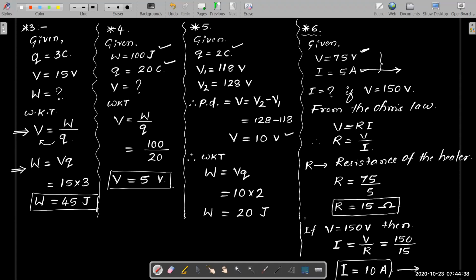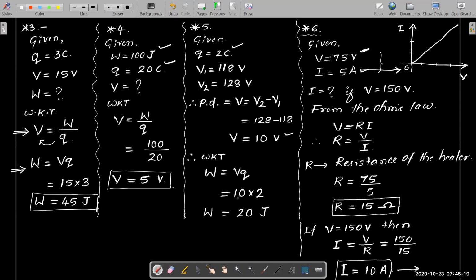That's why we say that current and voltage are directly proportional to each other. If we increase the potential difference, the current also increases in the same way. Hence, we get a linear graph when we draw the VI graph. If voltage is taken along the x-axis and current along the y-axis, then the graph will be a straight line because of this reason only.